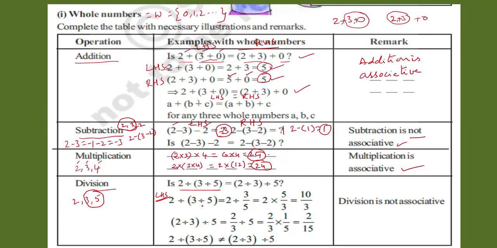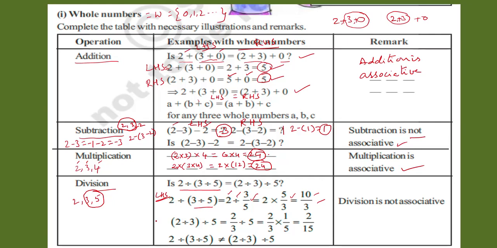What we get? Look there. 2 divided by 3 divided by 5. That means first instance we divide the second number by third number. Hence you write the first number as usual and the divided by symbol. 3 divided by 5 means 3 by 5. That means 2 into reciprocal of 3 by 5. That is 5 by 3. 2 5s are 10. 10 by 3. That means in the first instance, second number is divided by third number. Then this value divides the first number.